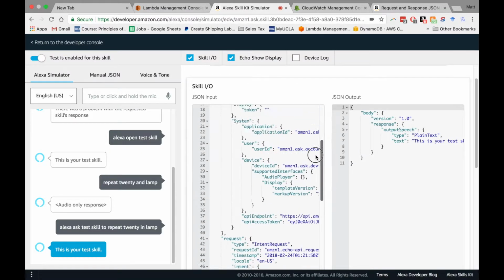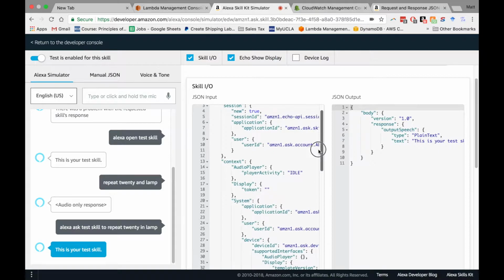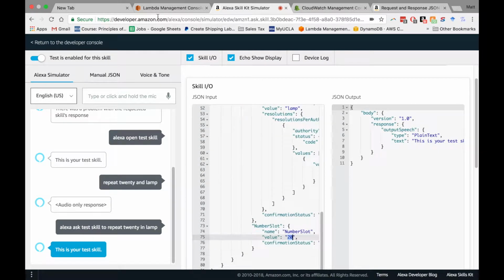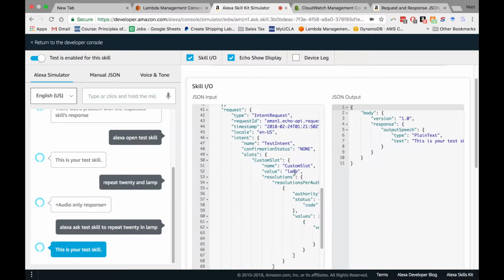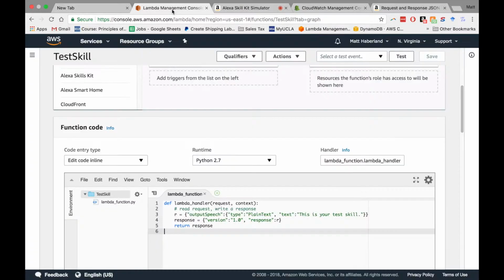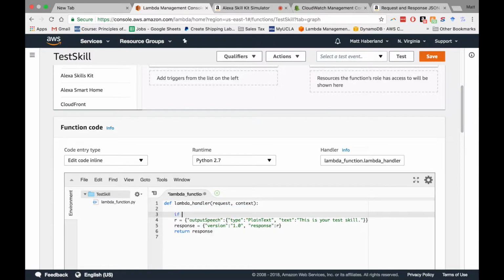Okay, so let's write in the code to detect this, okay? So one thing is we only want her to repeat these back to us if this is of type intent request and the intent is test intent. Otherwise, if it's a launch request, let's have her just say this is the test skill, okay? So we need to write some conditions here. If request,